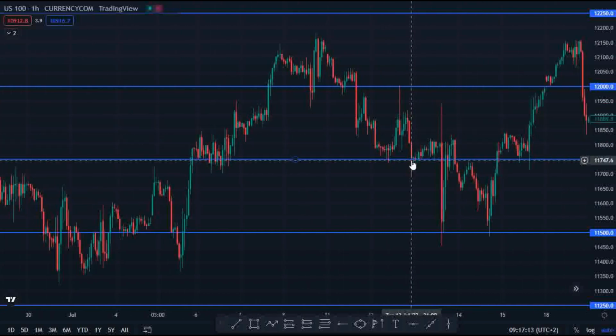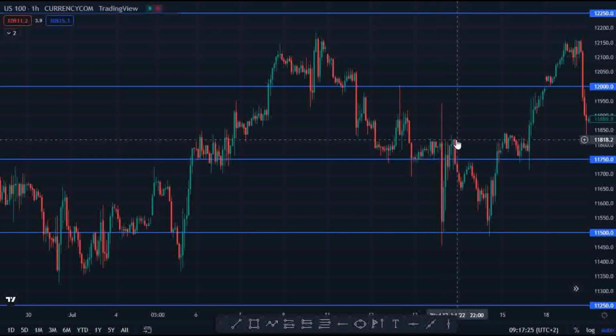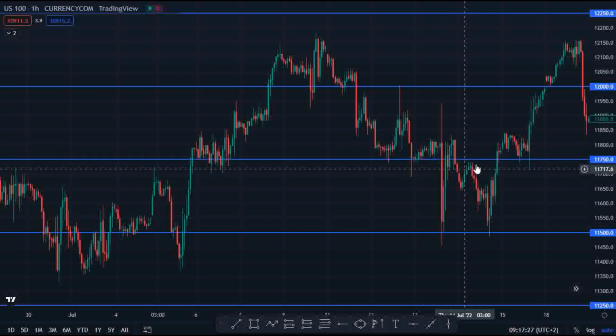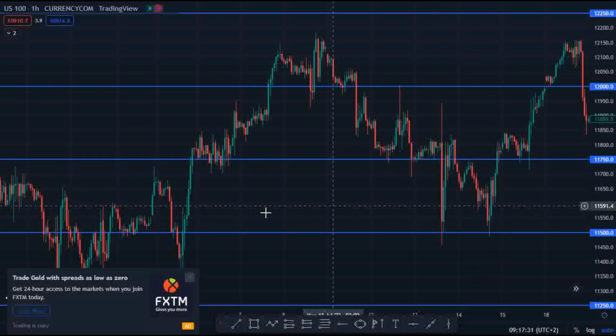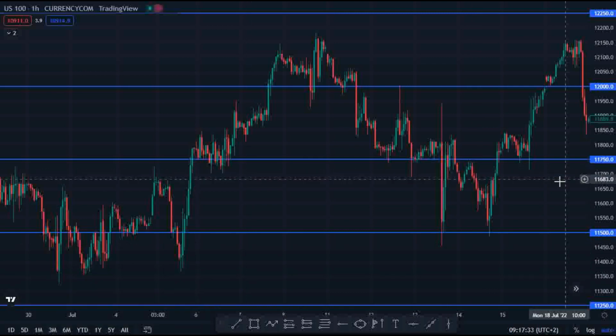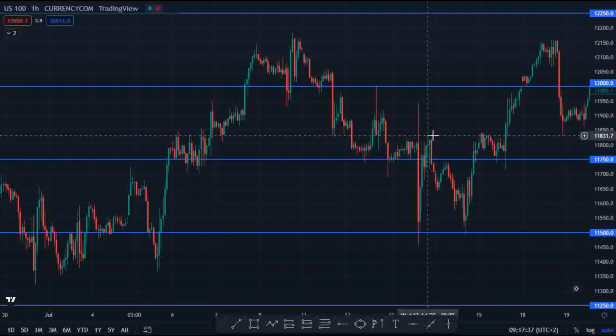And as you can see, we didn't get a break here, so there wasn't really any entry, but we got an entry right here. With this break right here, we place our sell order right here. The market comes back, taps onto it, gave us a little bit of drawdown before eventually coming back down an extra 250, right? As you can see, the moment we got up, the market broke this area of structure right here,